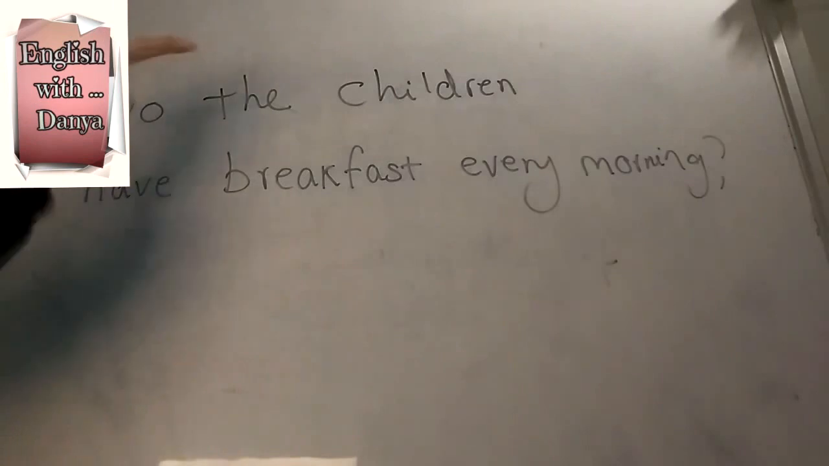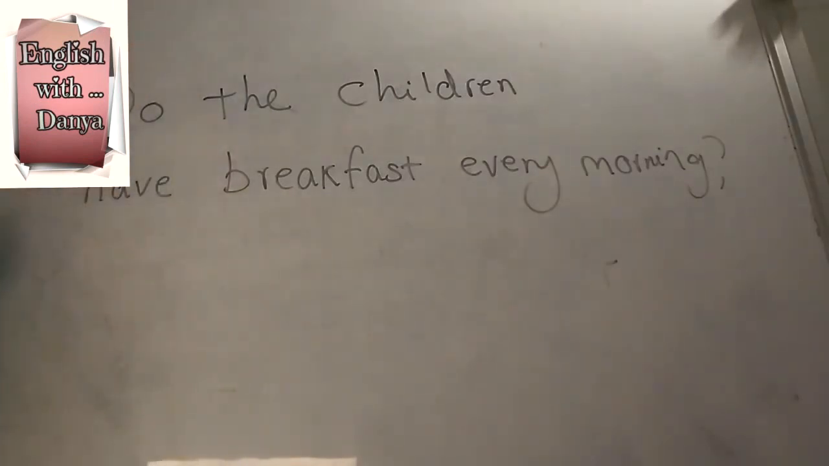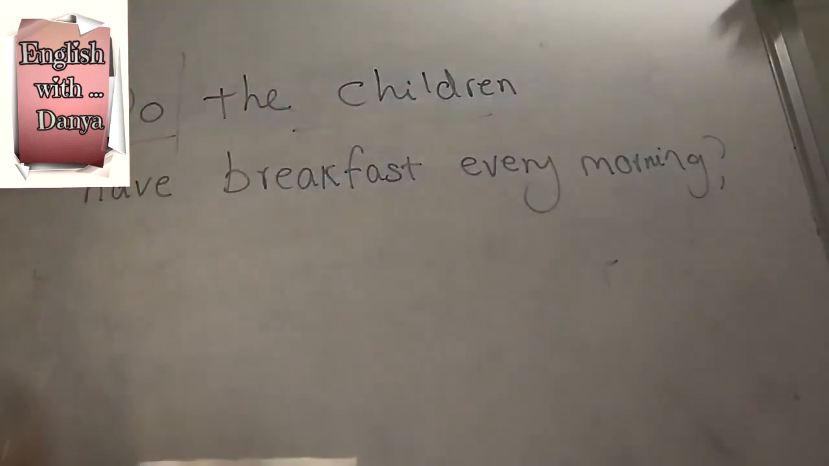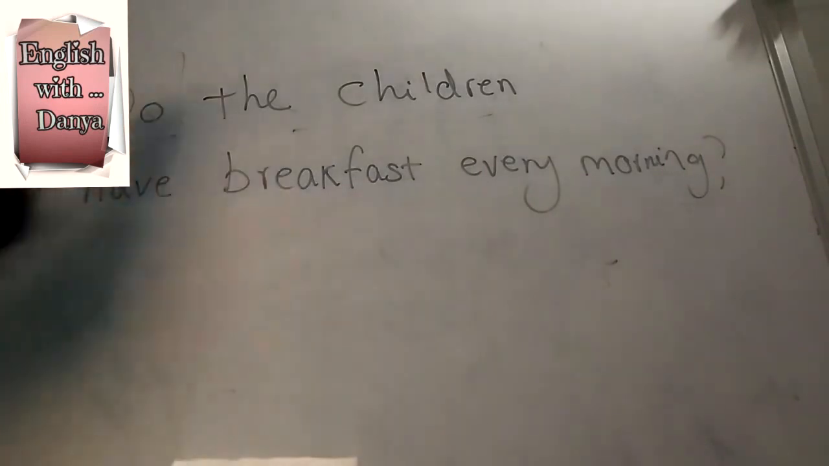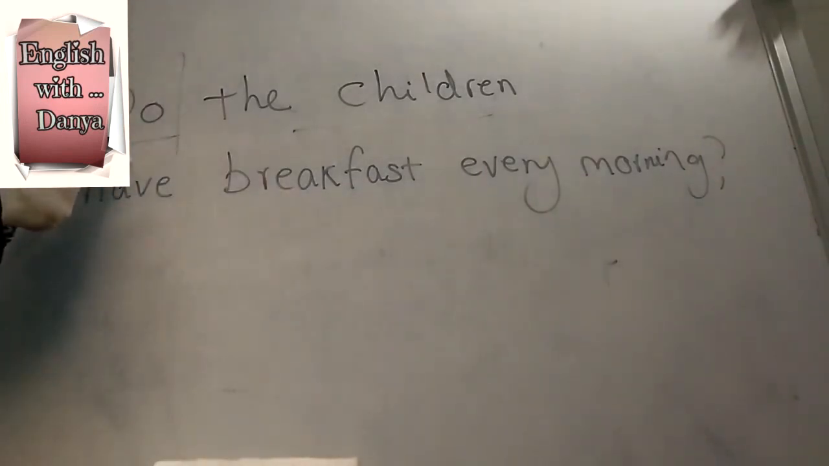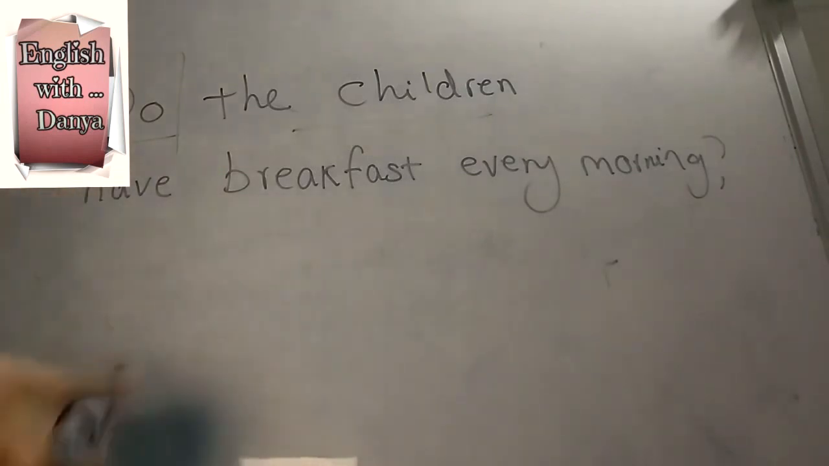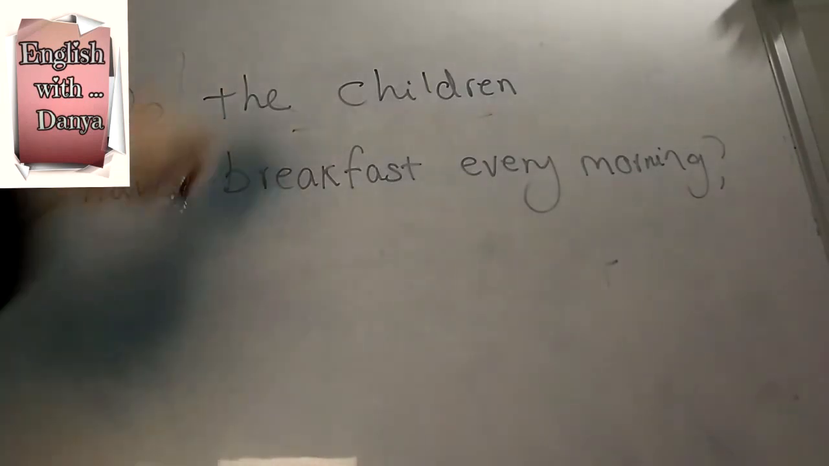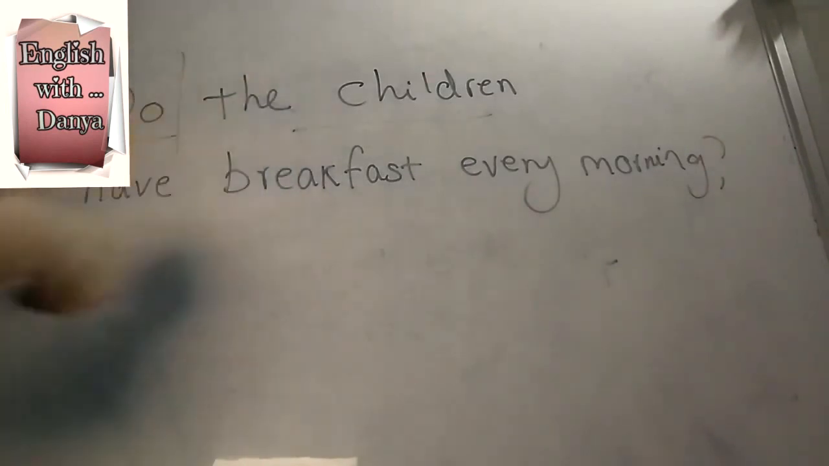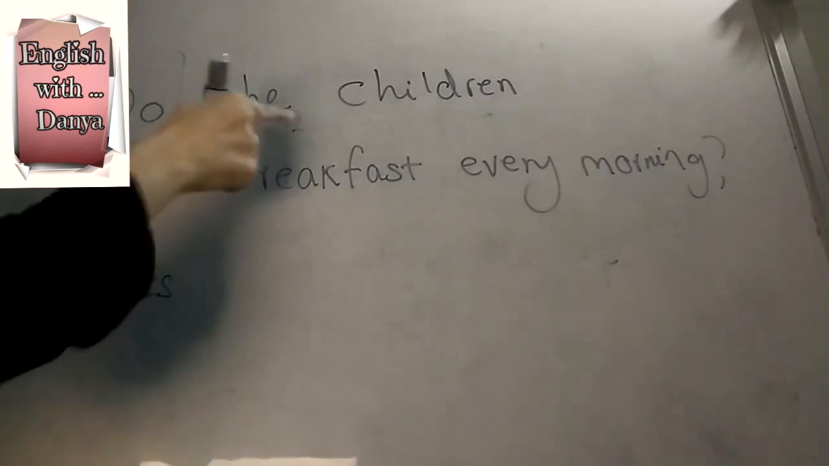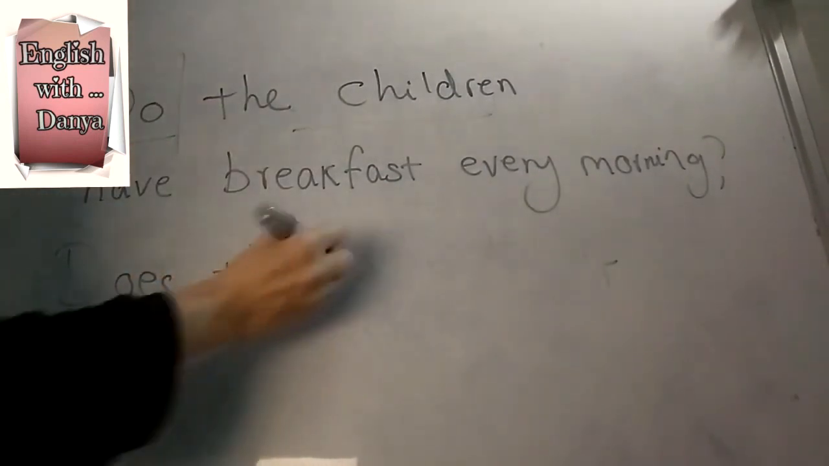Let's say, do the children have breakfast every morning? So why are we using do? Because we have children, and because children is plural, so we use do. But if you want to use does in the sentence, all we need to do is change children to child. It will be does, and then the child